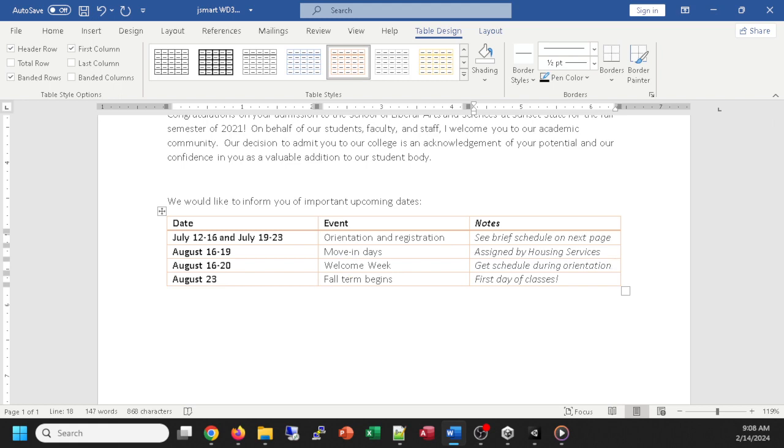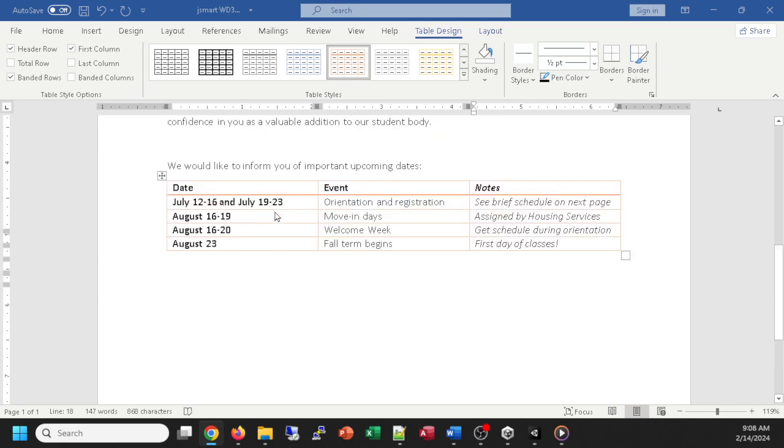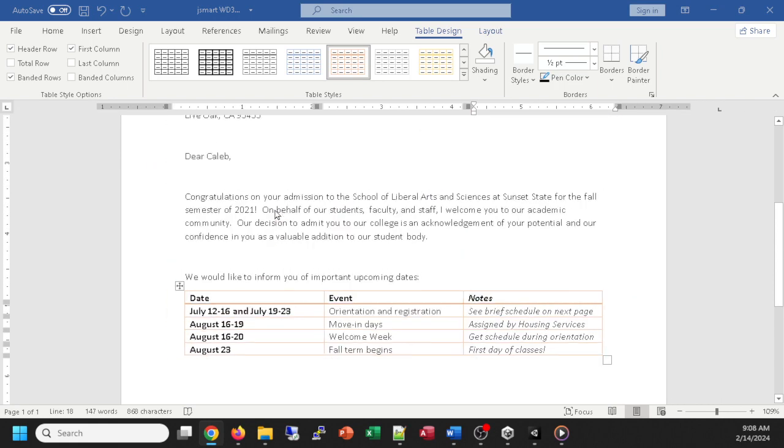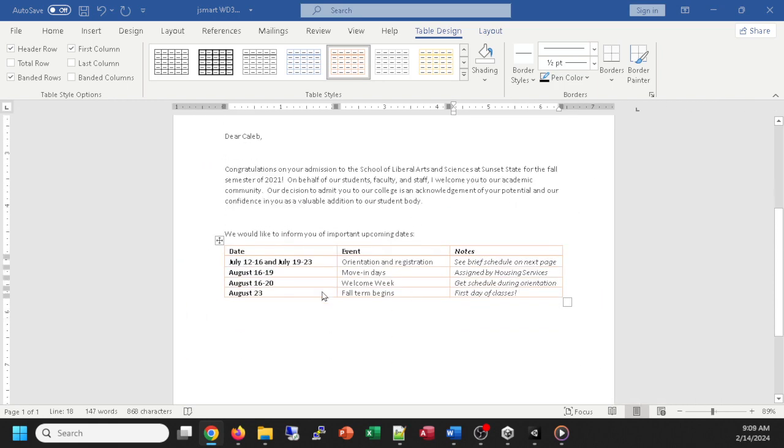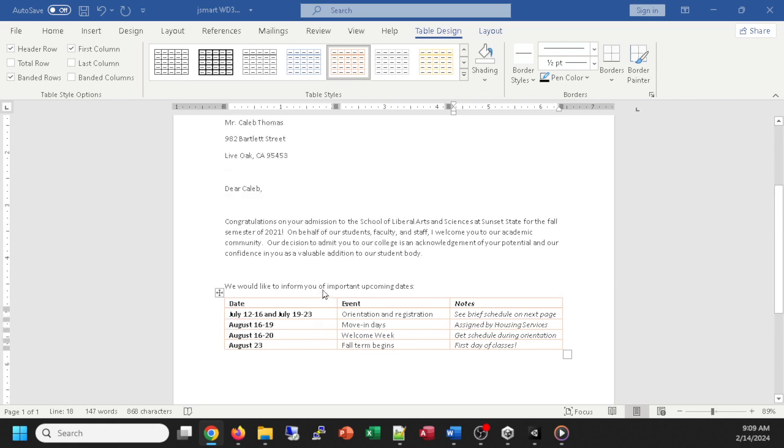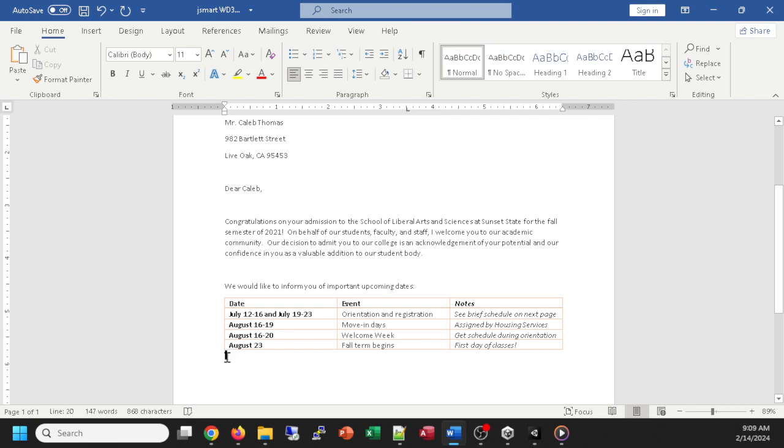So pretty handy, helpful tables. Looks much nicer than a simple list, an unordered list. You could do this with tabs, but it gets a lot more complicated. Now suppose we wanted an extra column. We could do the same thing, insert a column before or after. But we're done with that table now, so I can now go down below it,